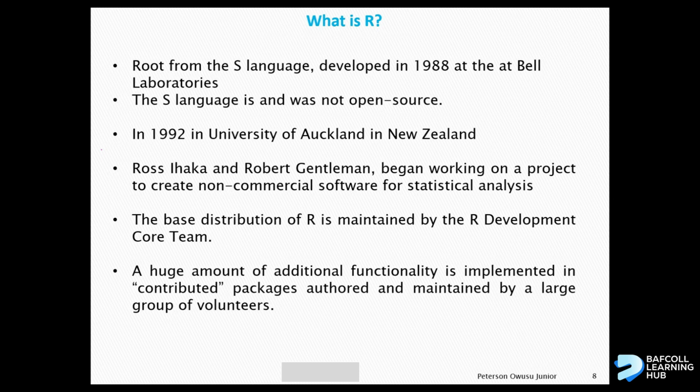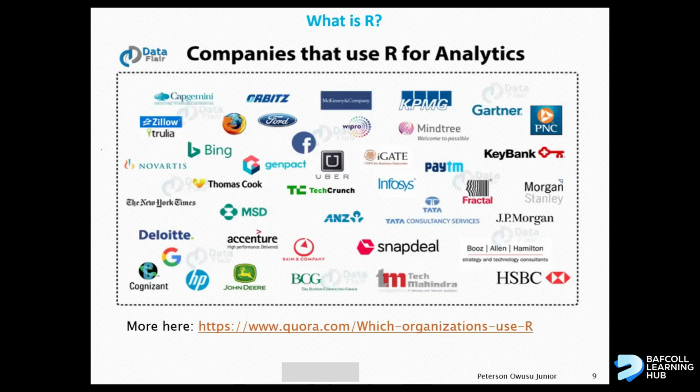As an open source tool, there should be a team that maintains it, and we call that team the R development core team, which is a few people. But I indicated to you earlier that there are contributed packages. And that's how open source tools work. There's a huge body of people who contribute to the functionalities of the software, and those are mainly volunteers who continue to maintain the software. That's very much the case with R.